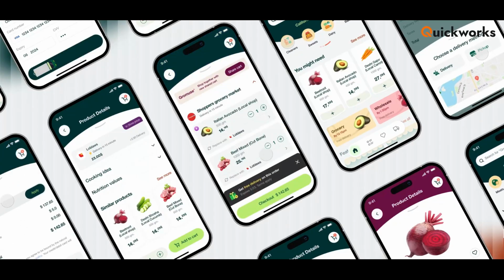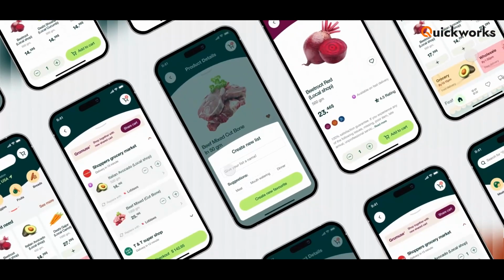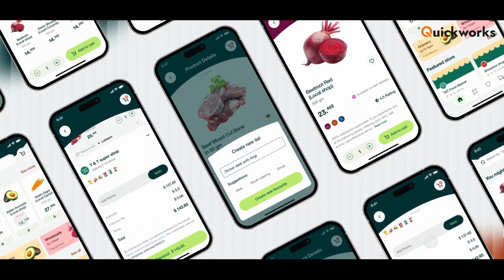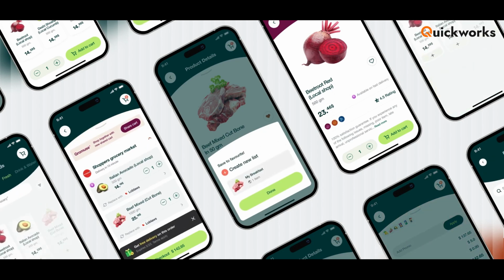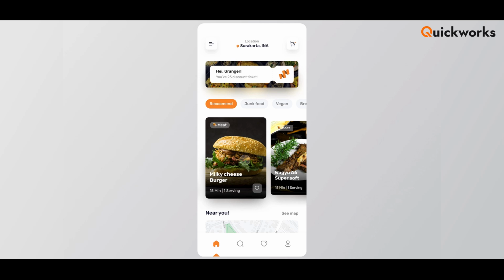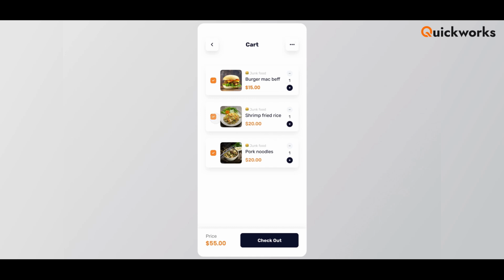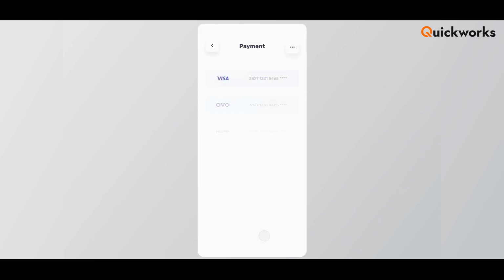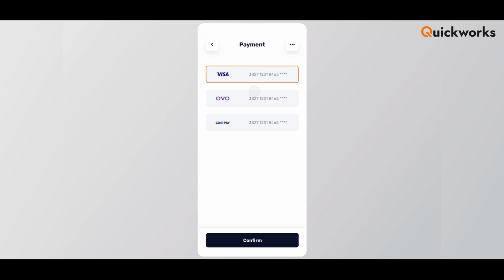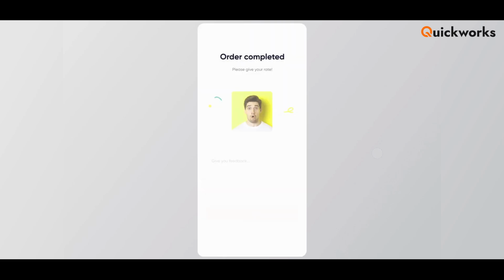Lastly, make sure your app has a sleek, user-friendly interface. A well-designed app is intuitive and easy to navigate, keeping users engaged and coming back for more. To wrap it up, the essential features for any successful on-demand app are user profiles, push notifications, and secure payments. Sprinkle in some real-time tracking, ratings and reviews, stellar customer support, and a killer UI, and you're on your way